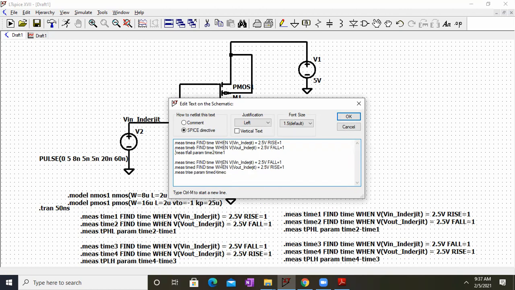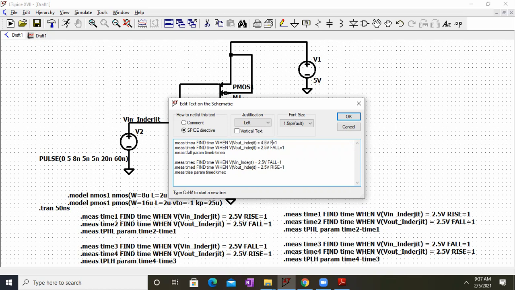We have defined it in terms of variables. So here also we can write it as time B minus time A. Now, how is rise time defined? Find the time when V out, here V out will only come when V out is equal to 4.5, the 90% value, right? So 4.5. When it is falling down, this is fall time, right?